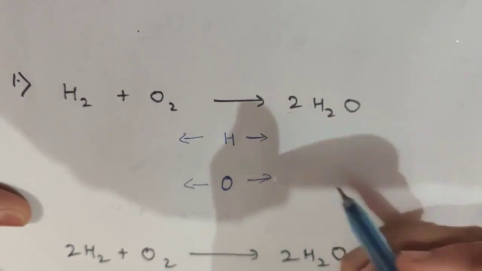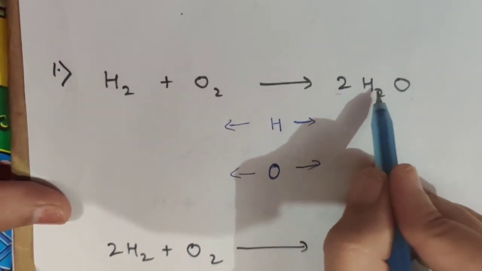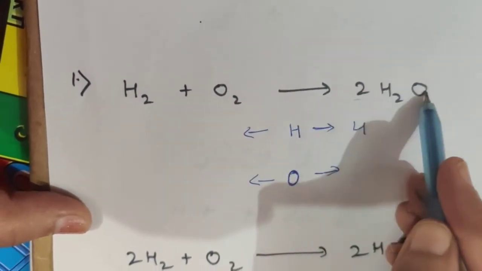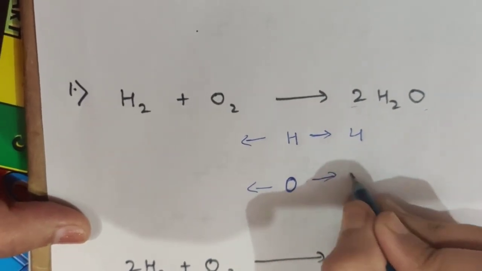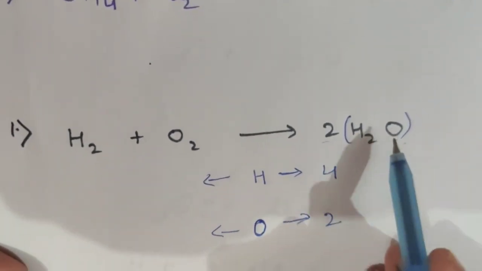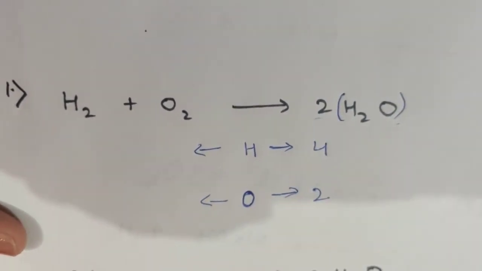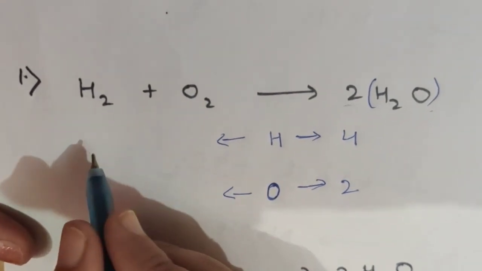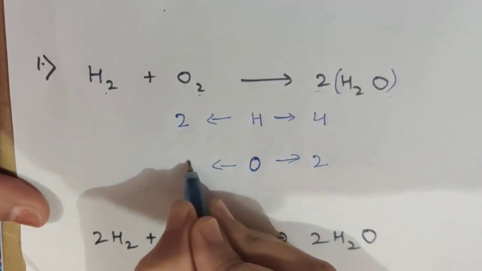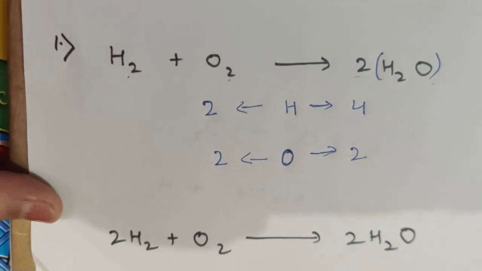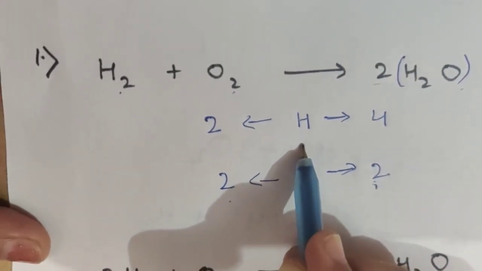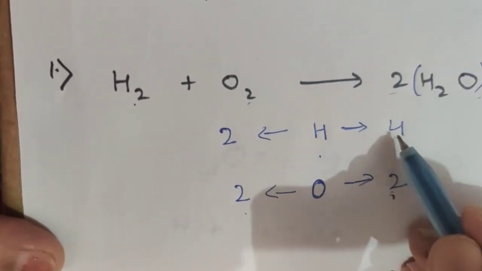Let us first start from this. How many atoms of hydrogen you can see here? There are 4 atoms of hydrogen, and how many atoms of oxygen you can see here is 2, because this 2 is applicable to the entire molecule and so to all the atoms present in this molecule. Now towards reactant side, number of hydrogen atom is 2 as you can see here, and number of oxygen atom is also 2. So in the given condition you can see that oxygen is already balanced, but hydrogen is not balanced in this case. Here we have 4 hydrogen atoms, whereas here we have only 2.